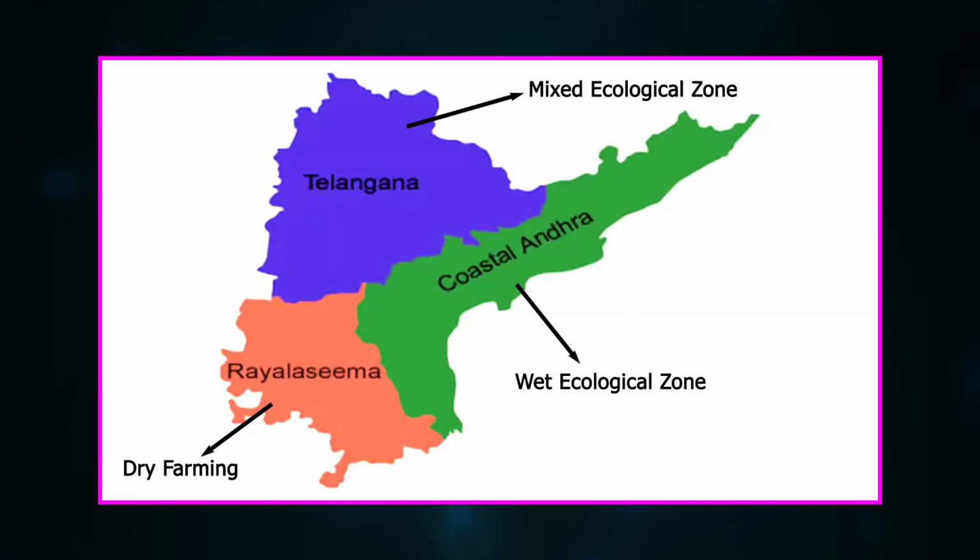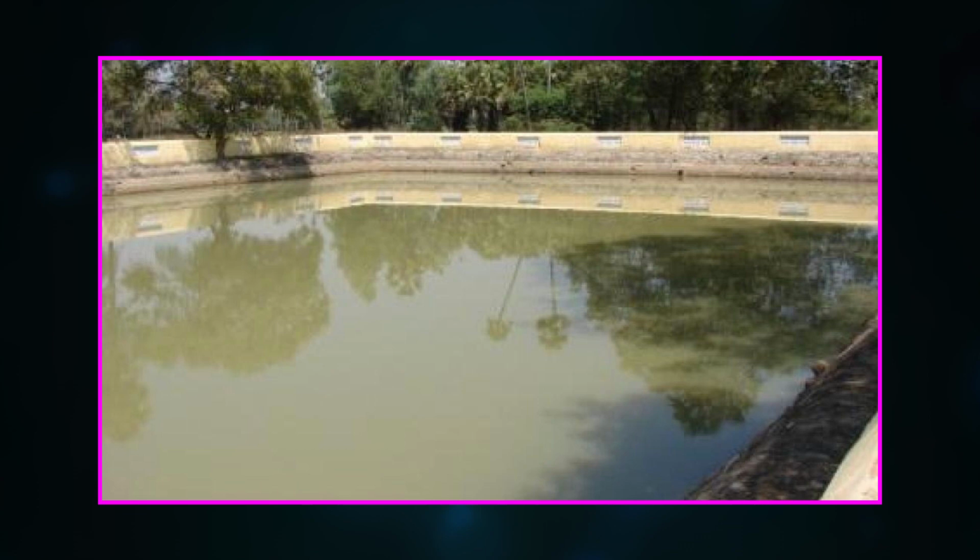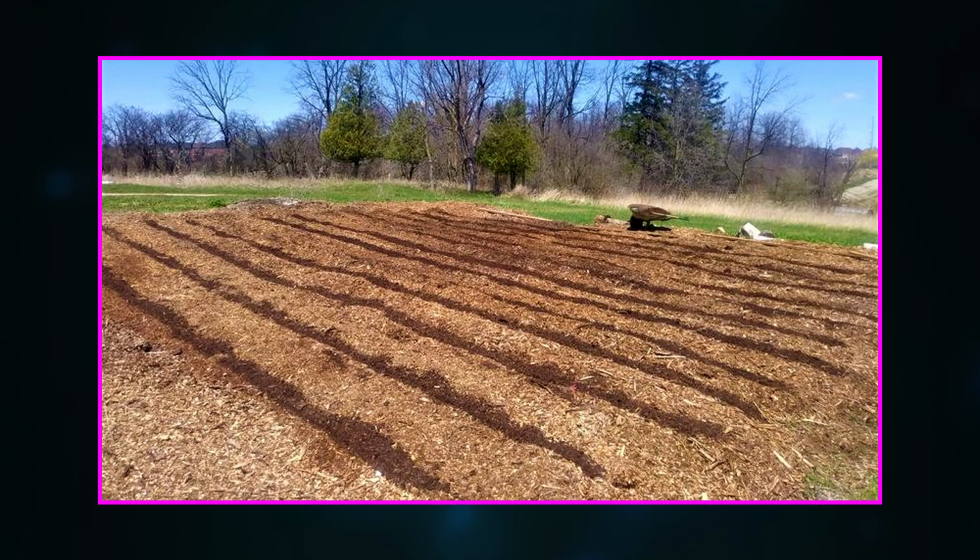Within Andhra, the coastal area has been characterized by a wet ecological zone, Telangana a mixed ecological zone, and Rayalaseema as the region of dry farming. However, exceptions existed in all these ecological zones. In the coastal region, the eastern lowland border stood in contrast to the elevated western position. In Telangana, the central and eastern parts witnessed a steady rise in tank construction. Red soil could become productive only with wet cultivation.